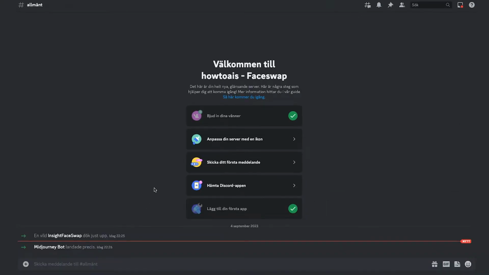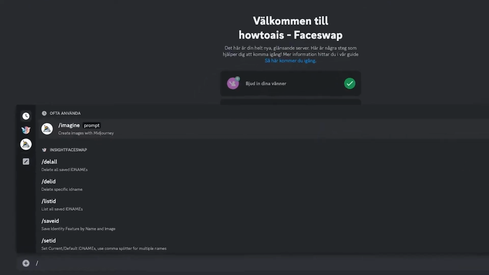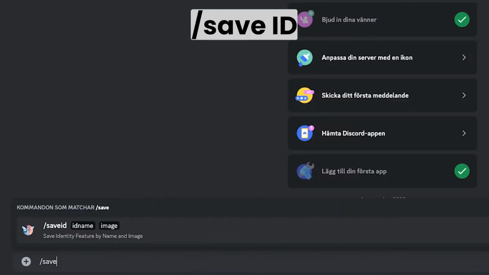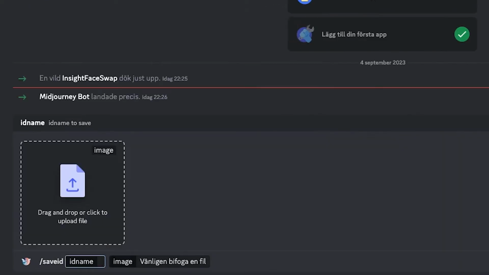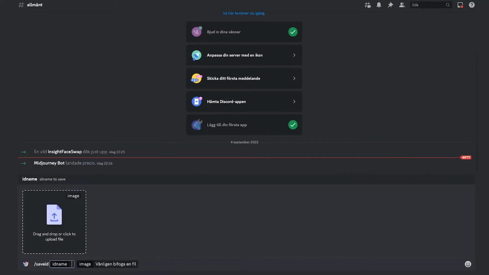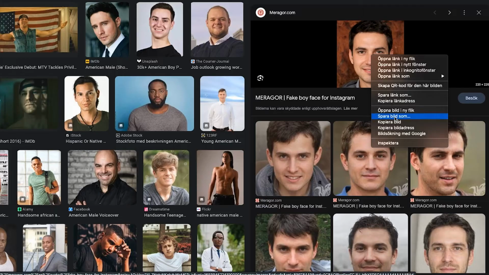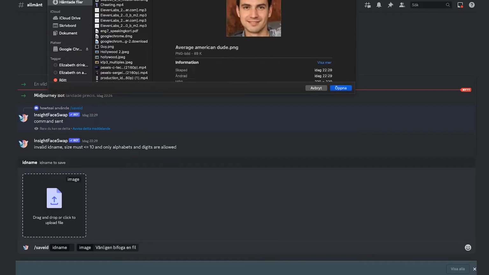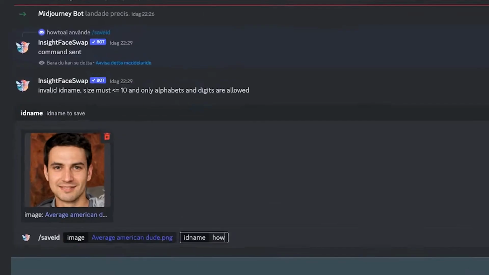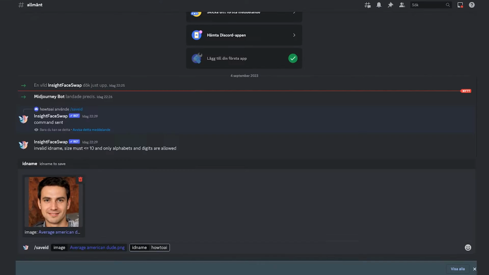Now that we've got that out of the way, to get started, the first thing you need to do is use the command called /SaveID and upload an image while giving it a name. When you use the /SaveID command, you'll be able to upload an image. In this case, we have decided to use a picture of our choice that we found on Google and named it How to AI. Keep in mind this is just for the example,